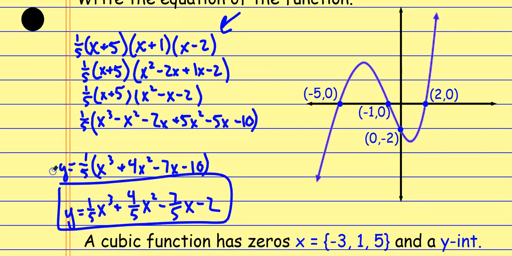And that's it. Okay? So it's kind of just working backwards from what we're used to. We're used to having the equation given, and we find the x-intercepts. And I'll just take the x-intercepts, work back to the factors, and then it's just a matter of multiplying this thing out and then multiplying through by a value that adjusts the y-intercept to what we need. Okay? So if we look at another one,